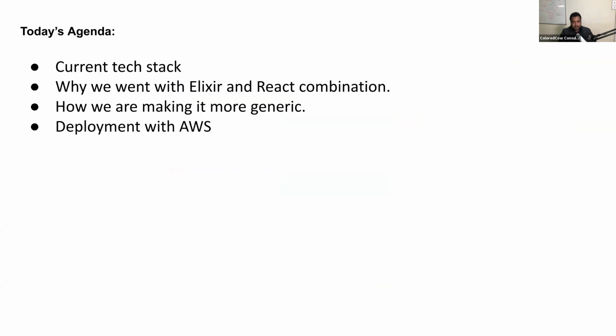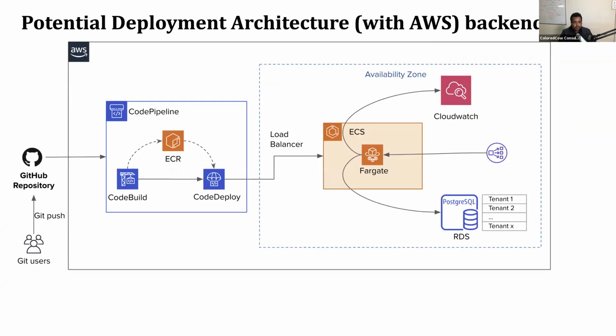I talked about the Elixir and React combination and how we thought about the reports. The next thing I want to talk about is the deployment. In Glyphic we experimented with two approaches for deployment, and this is the first approach, where we use AWS tooling to have all the CI/CD process in place. If you know a bit about AWS, it's pretty easy.